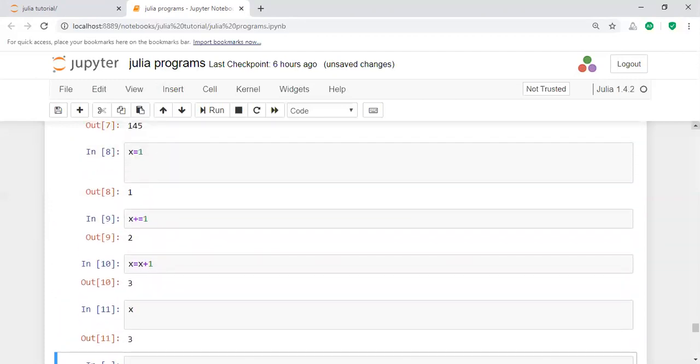Updating with x equal to x plus 1 makes x equal to 2. Again x equal to x plus 1, 2 plus 1, updates it to 3. These are called updating operators, and they are applicable for minus also, and so on.